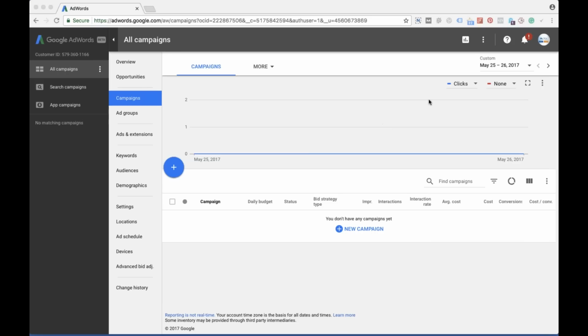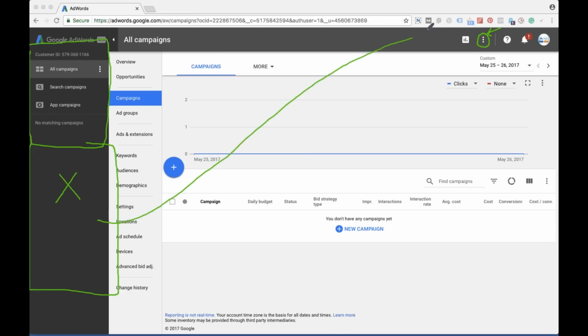So you can see here on the screen what the new interface looks like. I'll just go through an overview of all the things which have been changed. If you see on the left hand side, previously we used to have a menu, and we used to have a shared library on the left side. Now that has been removed from the left side and moved into this small segment. The shared library has moved under this segment right now. That is one thing.